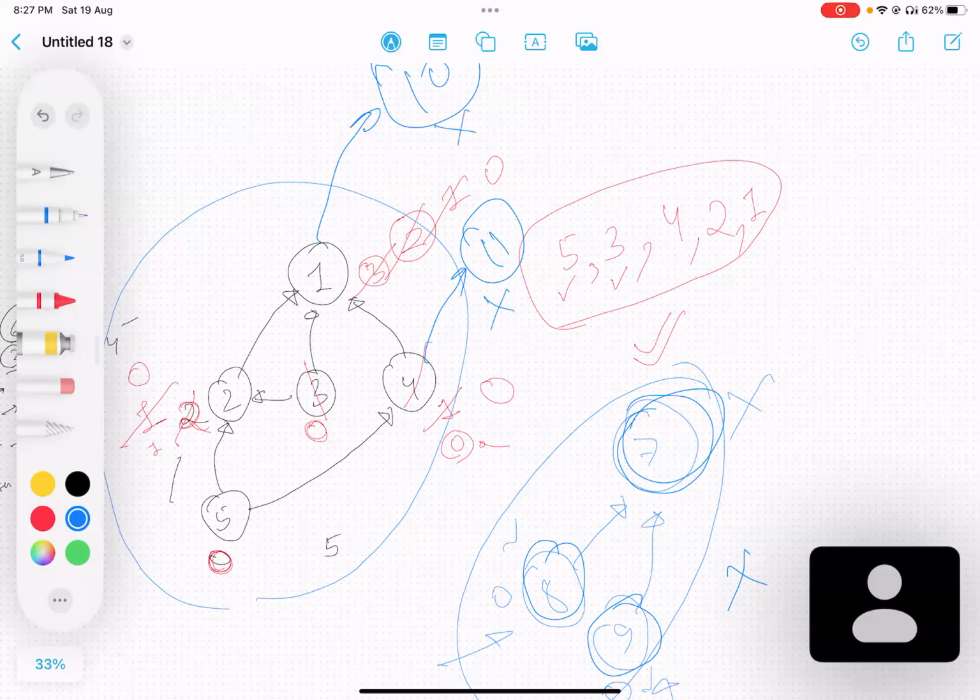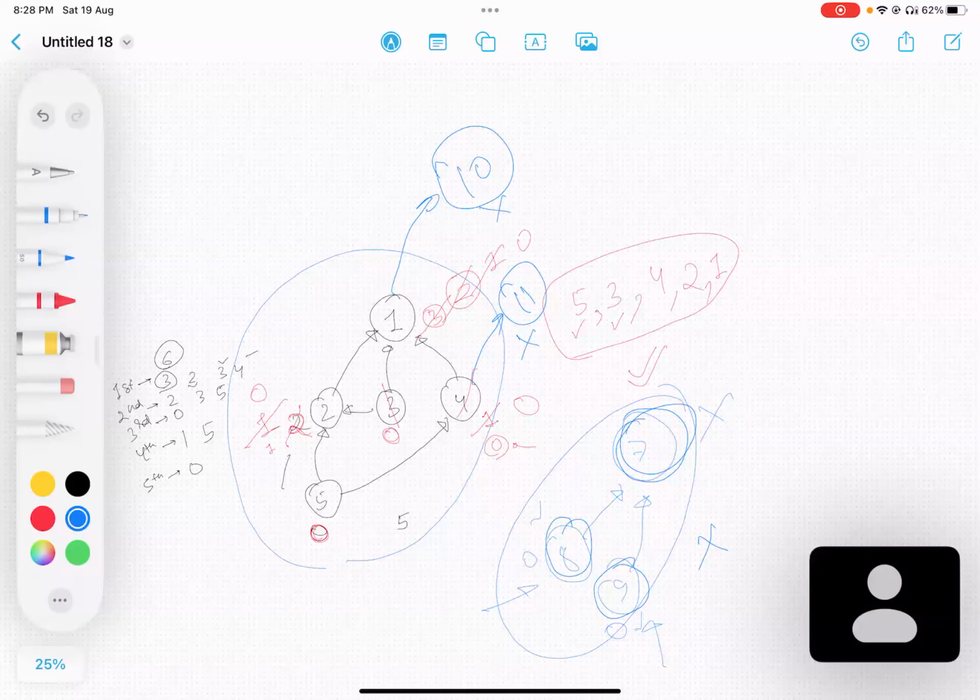So by saying this, what I'm saying is, we need to apply topological sorting, that's true, but selective topological sorting, not traditional topological sorting. We just need to remove some nodes, and then we need to apply it. So now the question is, how will you do that? In order to do that, what we will do is,